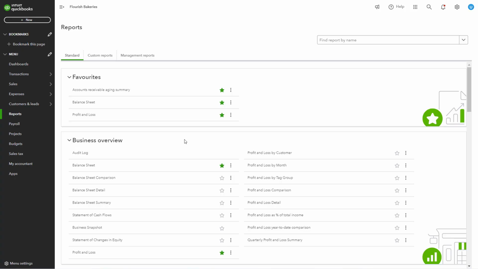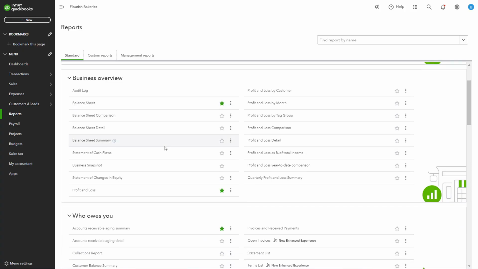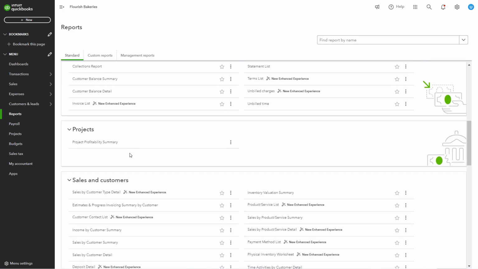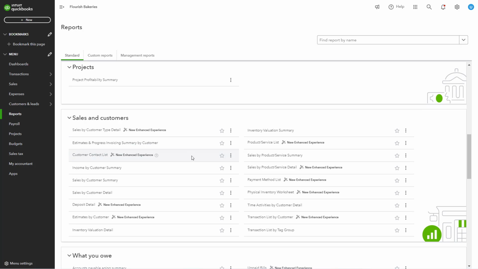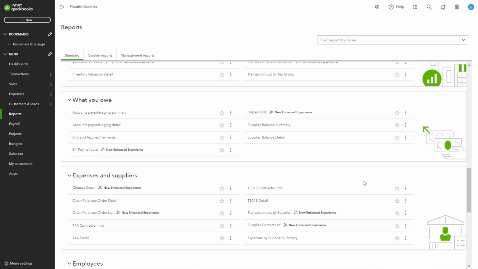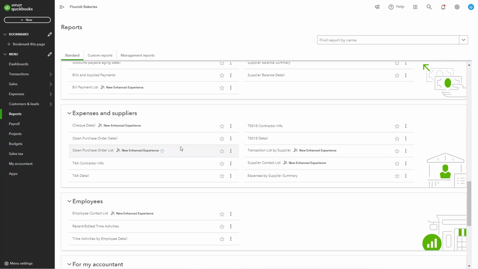There are several key report categories in QuickBooks. Firstly, we have the business overview. You can get a high-level view of your business's financial health, including profit and loss statements, balance sheets, and cash flow reports. Then you have the sales and customers, where you can analyze sales performance, track revenue by customer, and monitor outstanding invoices. In the expenses and vendors category, you can track spending, manage expenses, and monitor amounts owed